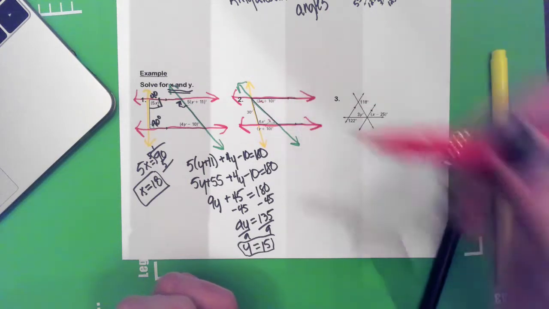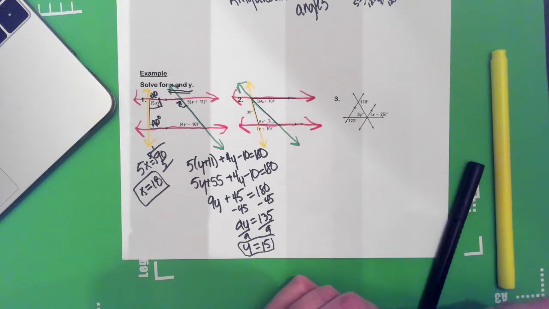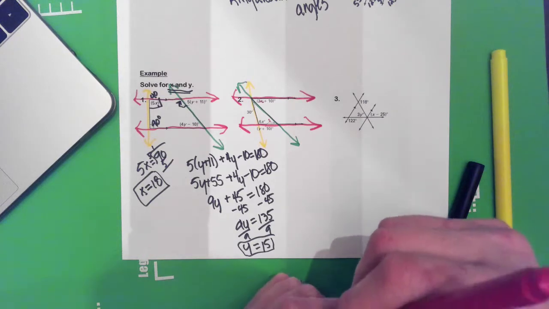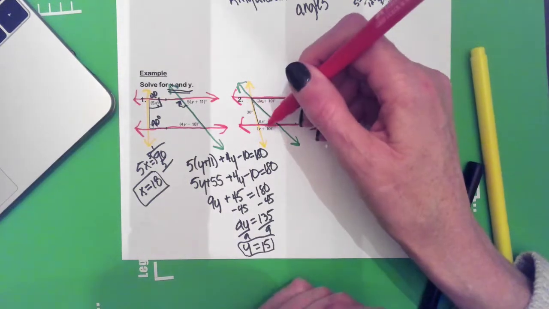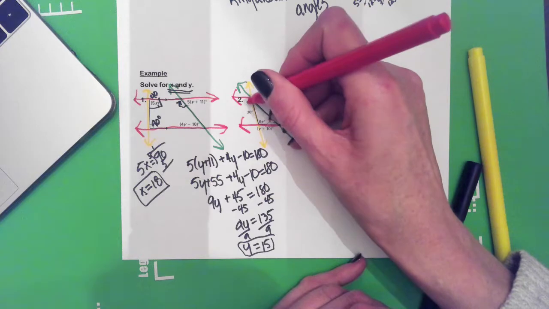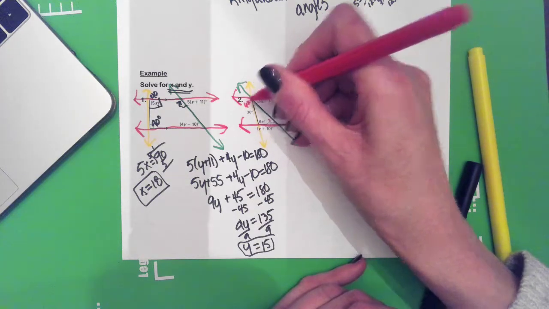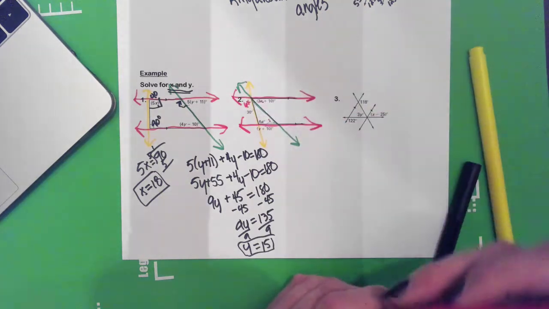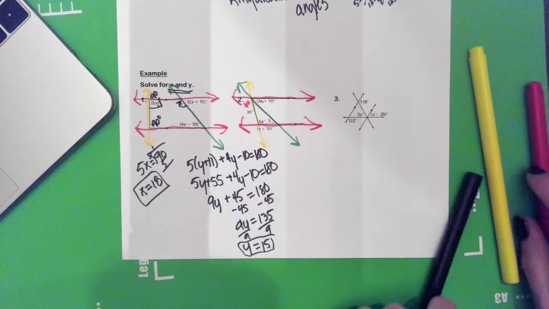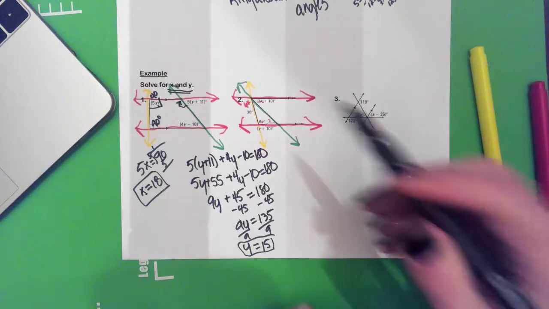Well, that doesn't help me a whole lot. I see up here that I have also alternate interior angles, 6x and 6x. Now I can see that I can solve